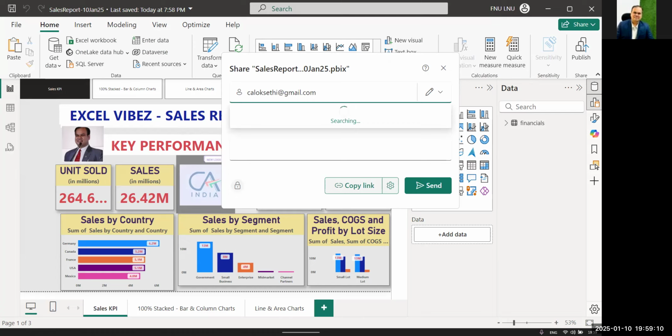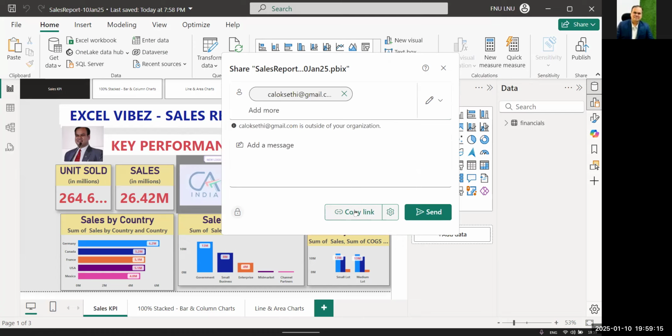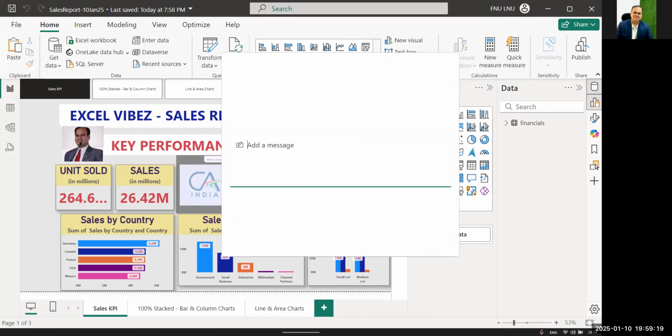Now see, it is generating a link. I will share this link. Now if I copy this link, I have put my mail address, and now it will send a mail to some